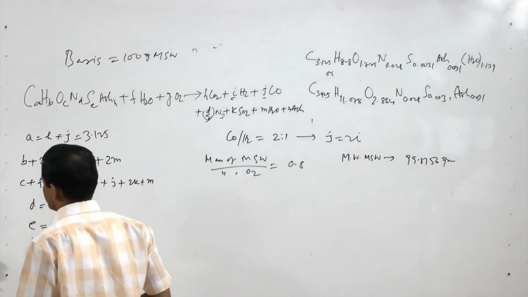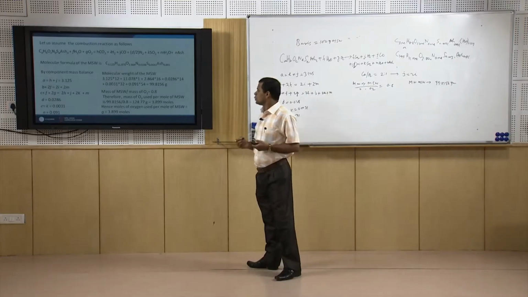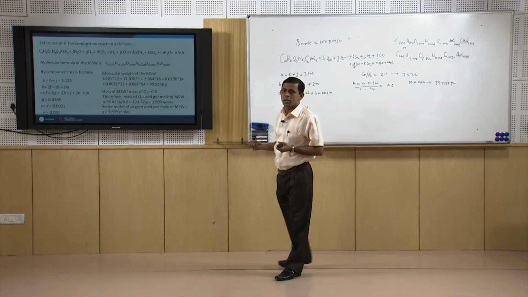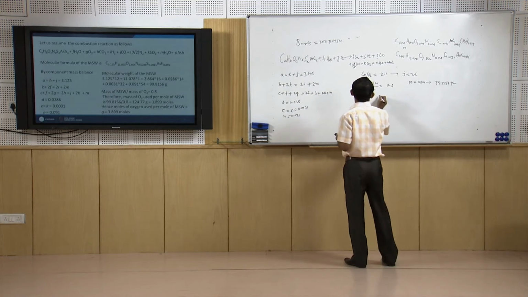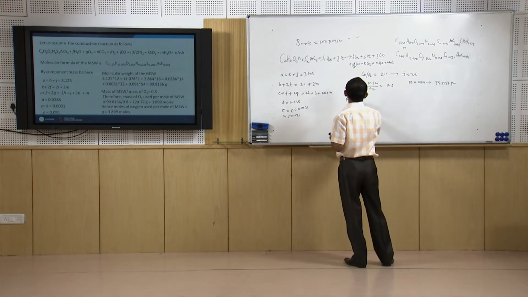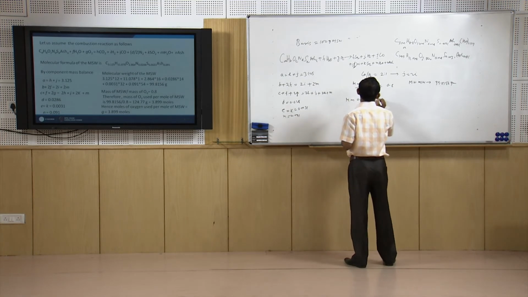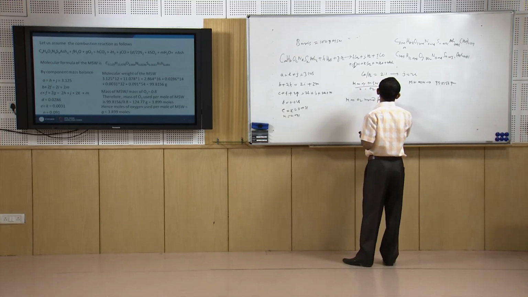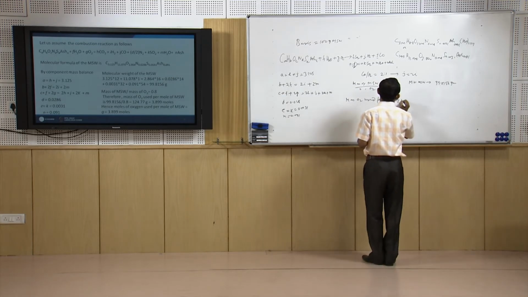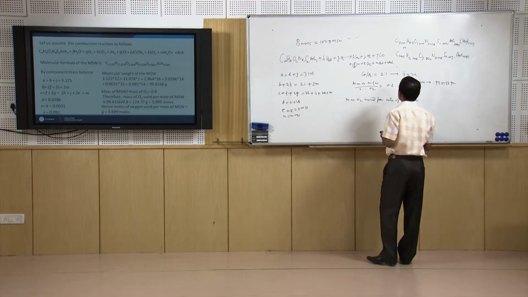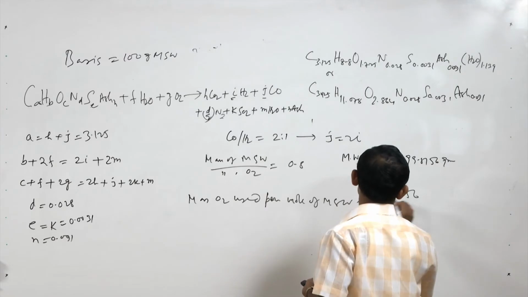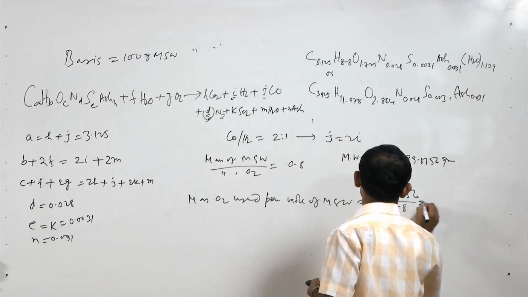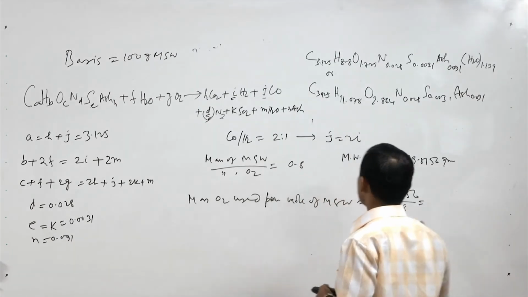Therefore, mass of O2 used per mole of MSW. So, mass of oxygen used per mole of MSW is equal to 99.8156 divided by 0.8, that is equal to 124.77